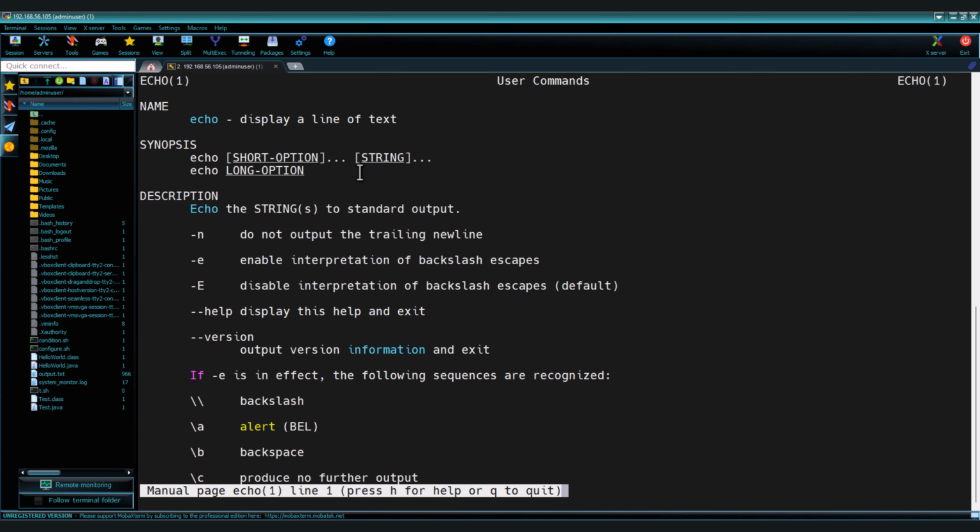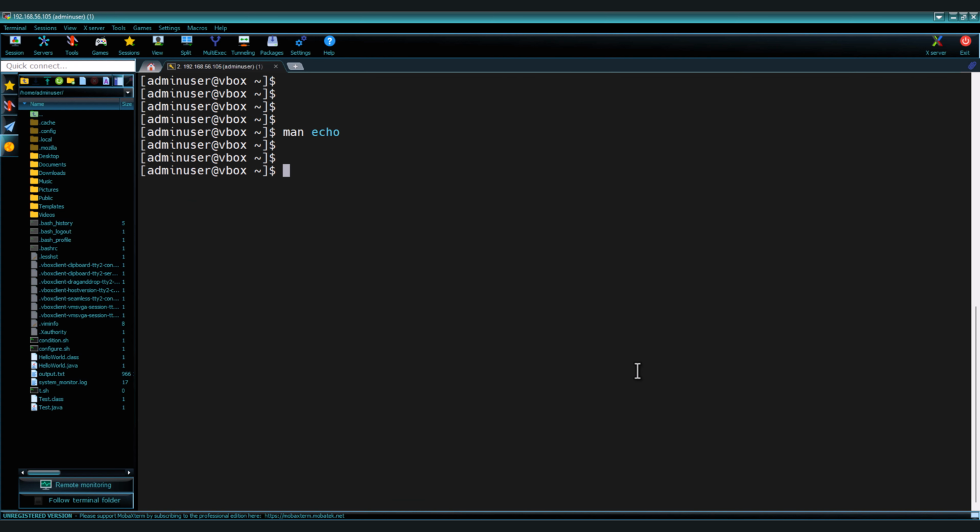Let's get started. The echo command is primarily used to display text or output strings on a terminal. Its simplicity often hides its power. Let's start with the basics. echo hello world. This command outputs the text hello world on the terminal, but echo can do much more with its